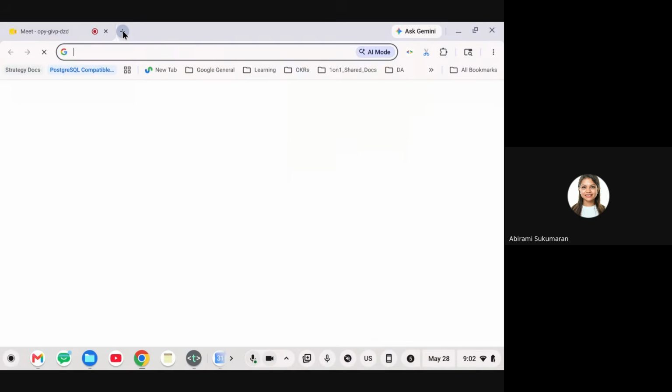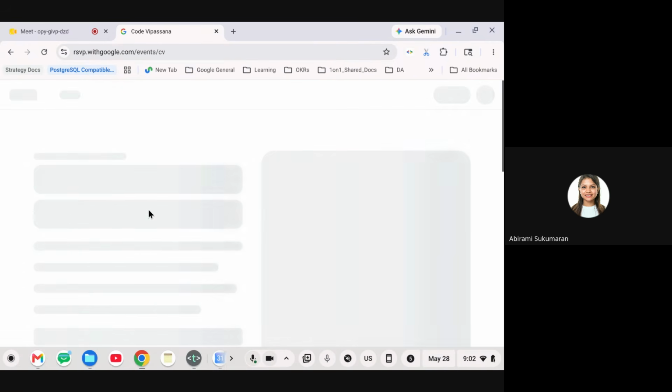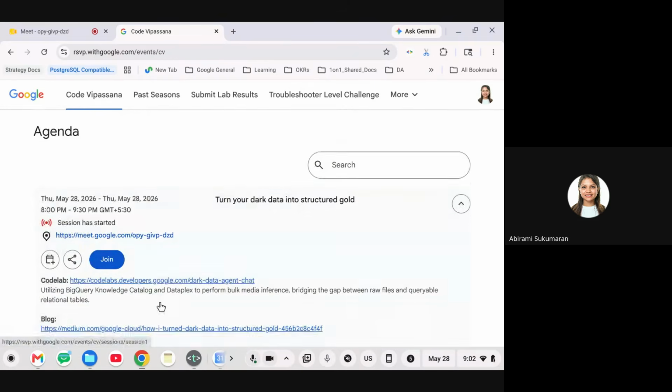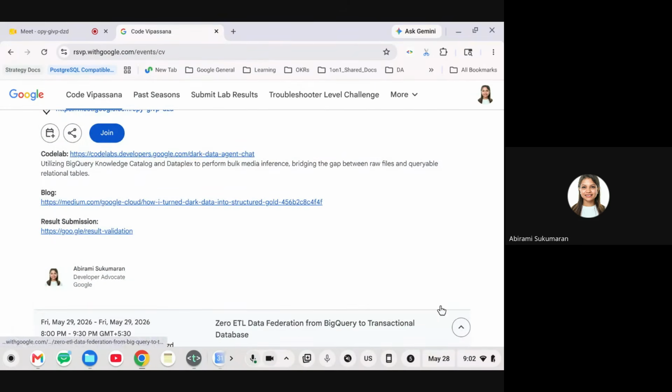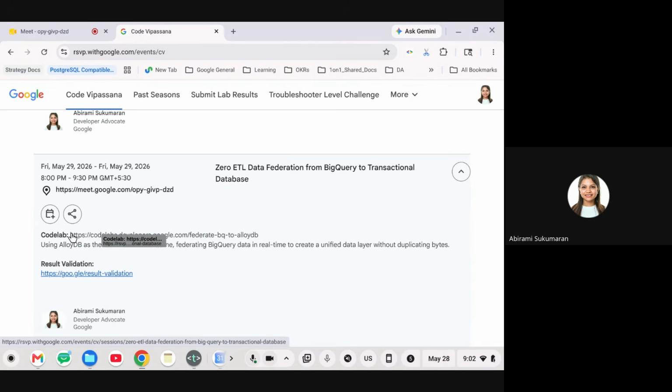It should be there in the second code lab. I had it, I put it somewhere. One of these labs should have it.